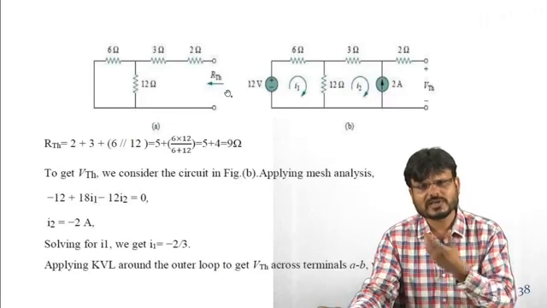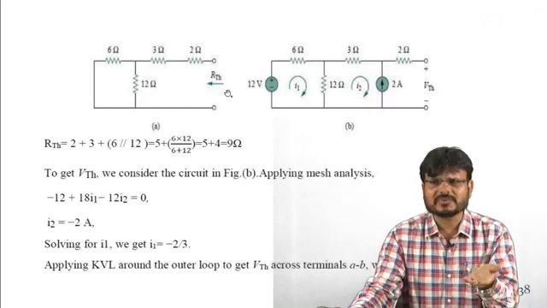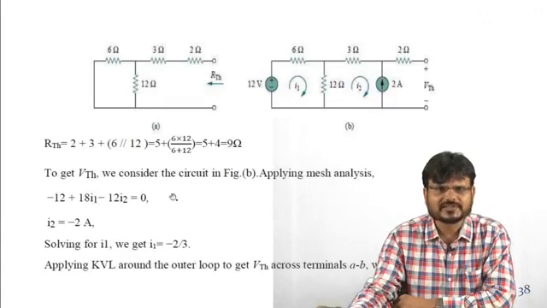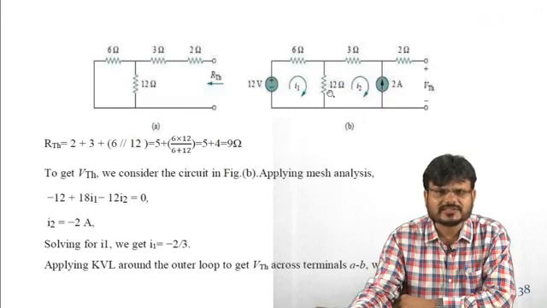Now because you have to calculate the maximum power, and maximum power is equal to what? VTH square upon 4 RTH. That means you have to find the value of VTH. So to get VTH, we consider the circuit as shown in figure B. Just apply the mesh analysis, so it will be minus 12 plus 6 plus 12, that is 18 I1